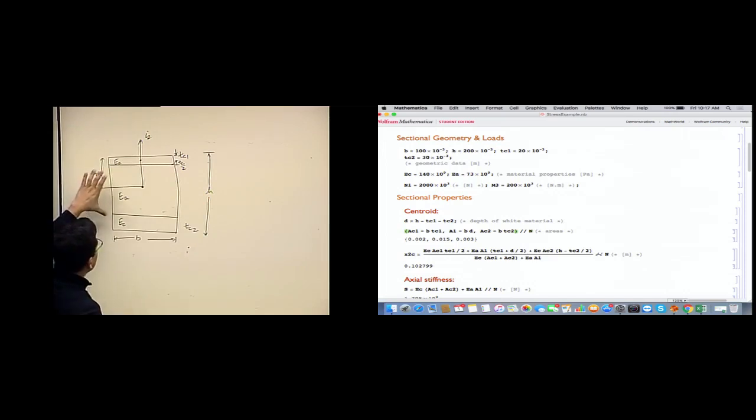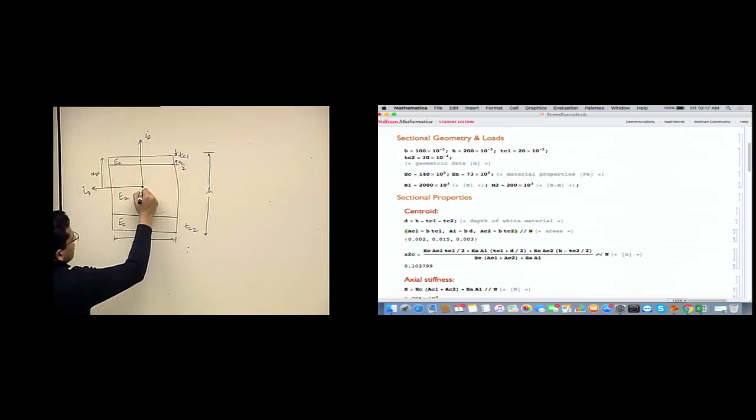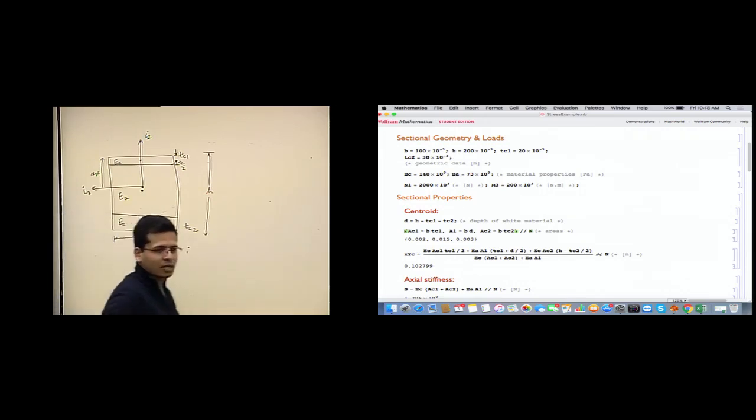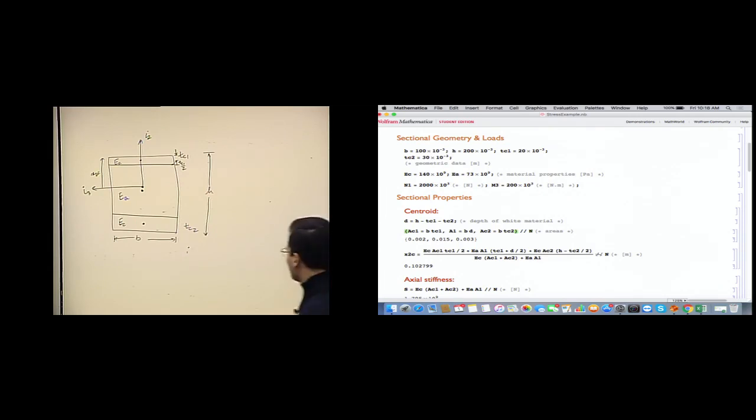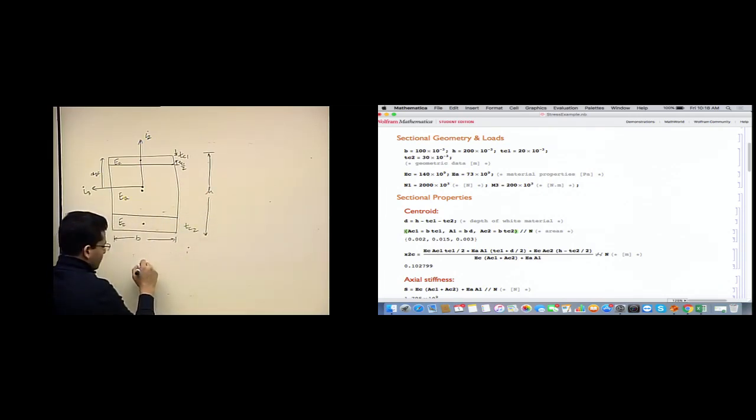Then the sectional centroid for this middle section will be at the midsection, somewhere either up or down as compared to the sectional centroid of the entire section. And then similarly we have the sectional centroid of the bottom layer at the geometric center of the cross section, right? So we have that information and we have the areas. So we can calculate